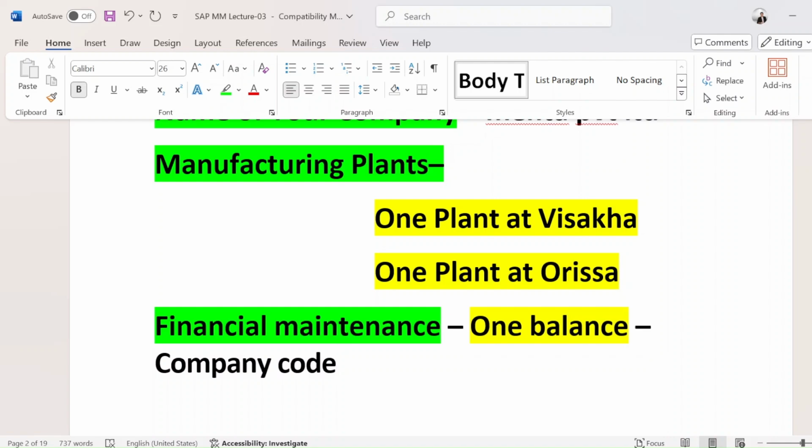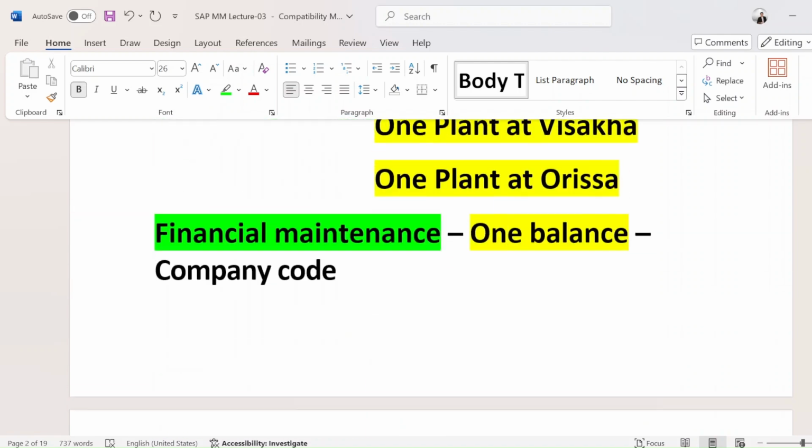So each and every company is registered in a different company code. It's not like all are under Tata Motors. No. For beverage, there is Tata Tea. For automobiles, there is Tata Motors. For the clothing brand, there is Zudio. So like that, different company codes are there, and their profit, loss and everything is maintained in their own balance sheet. So if I say three company codes are there, that simply means three balance sheets are there. If four company codes are there, four balance sheets will be there.